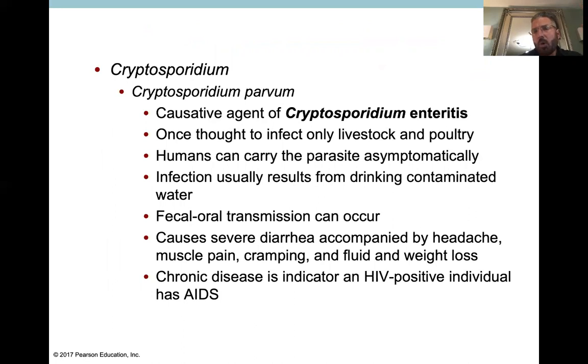So when this happened in Milwaukee, they couldn't figure out how in the world did this get into the water supply? All right. So it could be runoff from a farm, possibly from poultry. But they're thinking, well, how did the livestock and poultry get infected? How did it travel from farmland all the way into the water supply? Or they thought maybe there was a human host who had it, and through the septic or the sewer lines, it somehow got in the water supply. So they really still don't know how it happened.